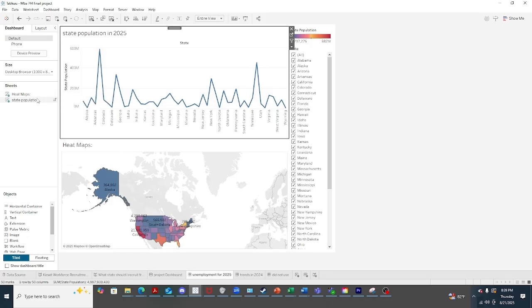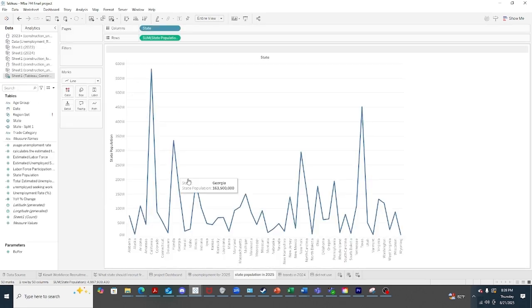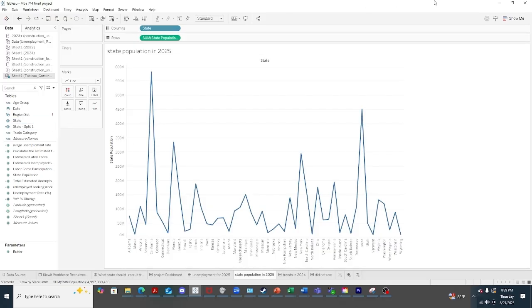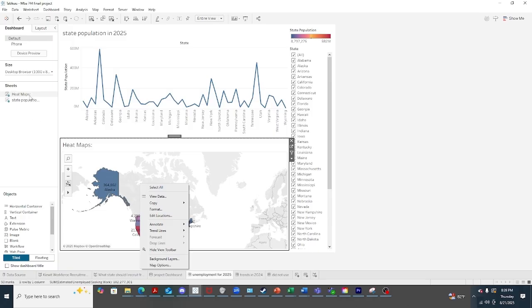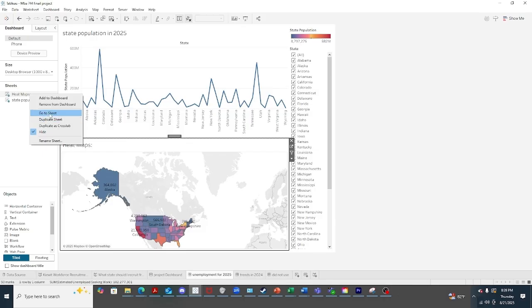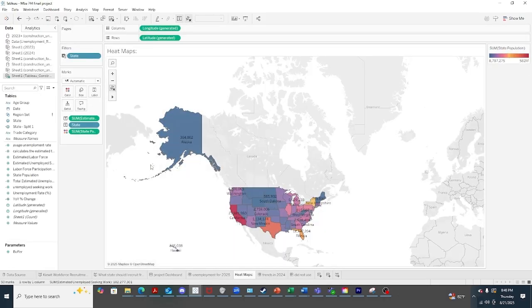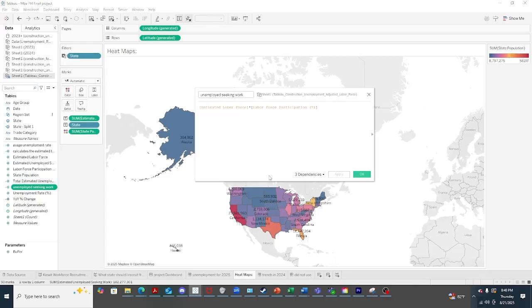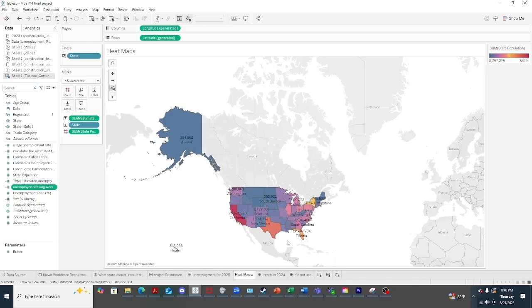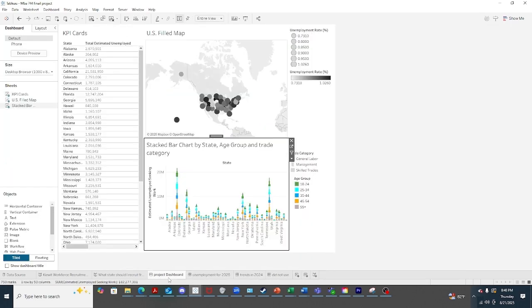So if we click here and we go to this sheet, I don't know why it went to this one. Let's go back to this one here. Click here. Let's try it again. Go to sheet. And you can actually see unemployment seeking work, which is right here. And if I go here, I can hit edit, and it'll show my forecast right there. But I left this one up because I think this is a good dashboard as well.